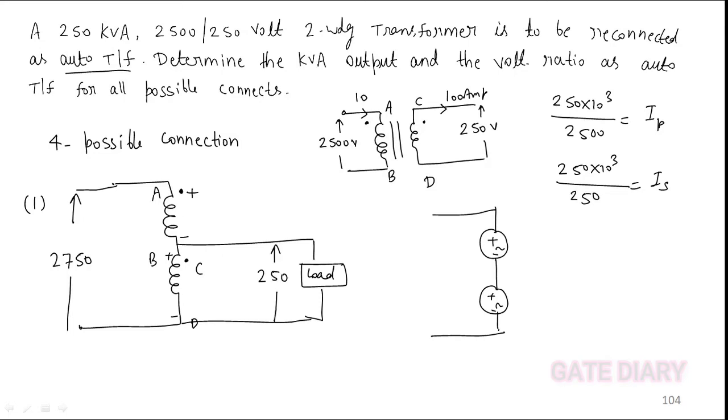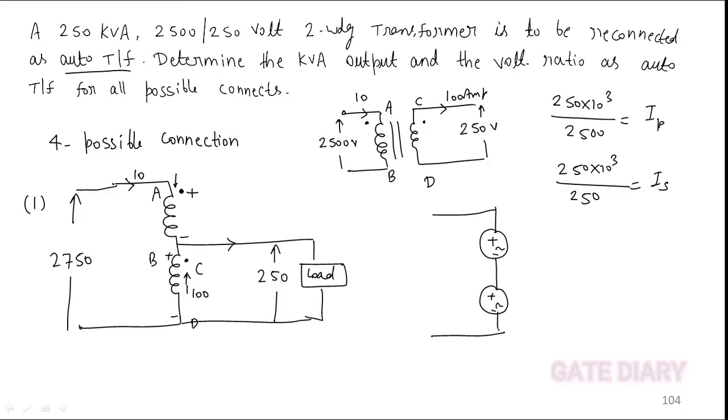250 volt. Now in a transformer, the important thing is that in the primary side current enters into the dot. It must leave the dot at the secondary side to satisfy the linkage. So the current rating in AB, how much? 10 amps. Okay, so current is flowing in this direction. It is entering into the dot, so in the secondary side it must leave the dot. The current rating of CD secondary is 100 amps. So 100 amps will flow in this direction.